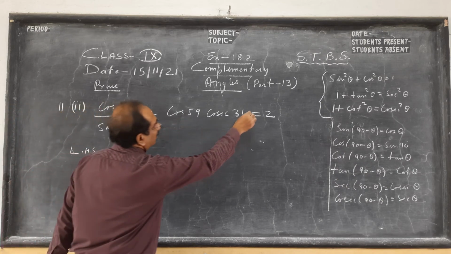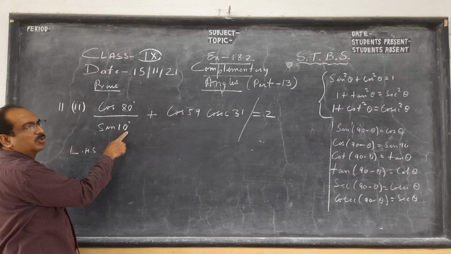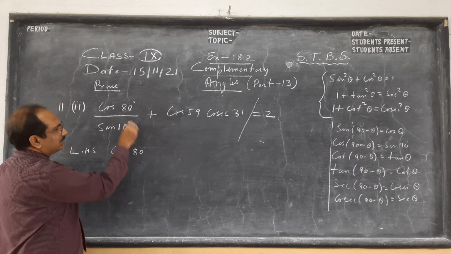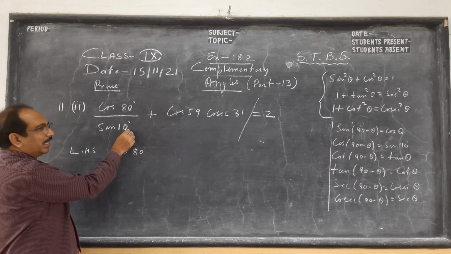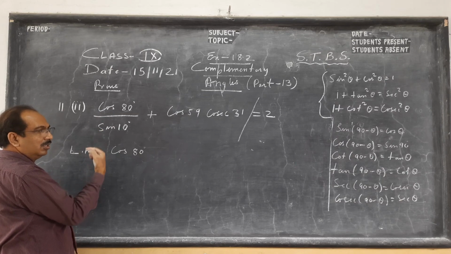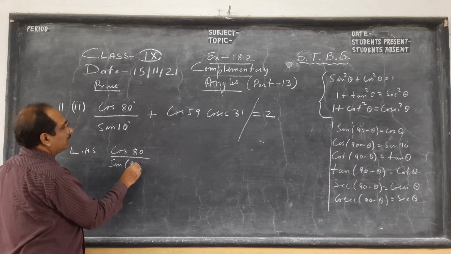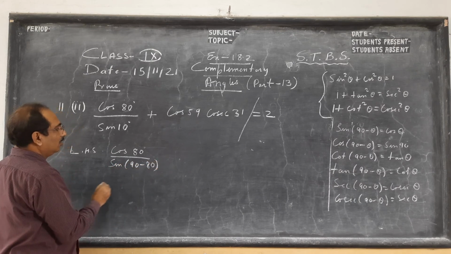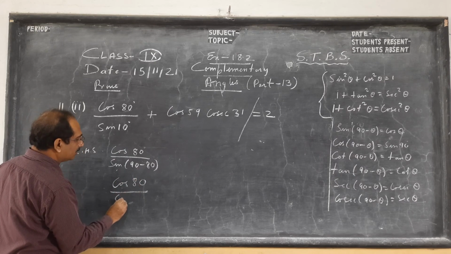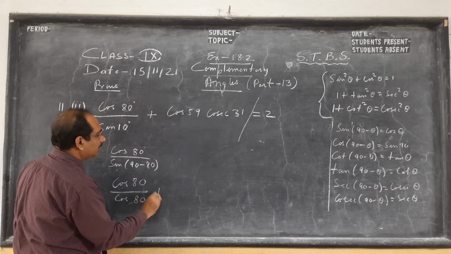Don't write this, children, we have to prove it. So here, as I told you, you see sine and cos, and these two are complementary, so it will give you 1. Try to see this. The sum should be 90, and this should be cos and sine, or tan or cot, or cosec and sec. So for cos and sine, I will change it to 90 minus 80 is 10. So here cos 80, sine 90 minus theta is cos theta. So this gives you 1, children.